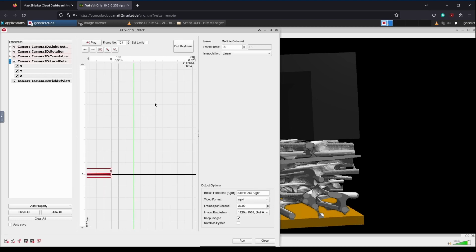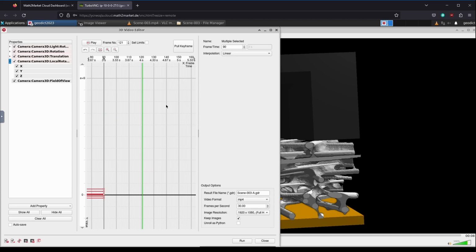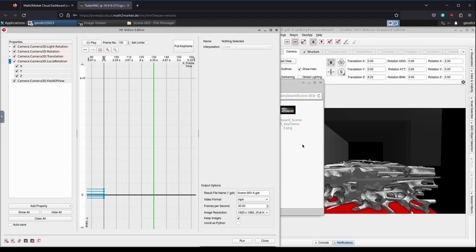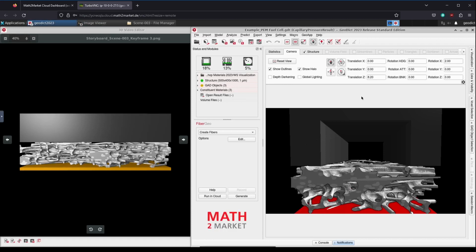Now let's move on to the last point in time we want to capture, when we are looking at the long side of our structure. To do this, we'll place the playhead again beyond the last frame, open the last reference image in the storyboard folder as a reference, and then switch back to Geodict. First, let's rotate the structure properly into the frame. Personally, I prefer to use the direct input in rotation X, Y and Z for this, as it offers more control and precision. And it's easier to understand because we're directly influencing the axis.